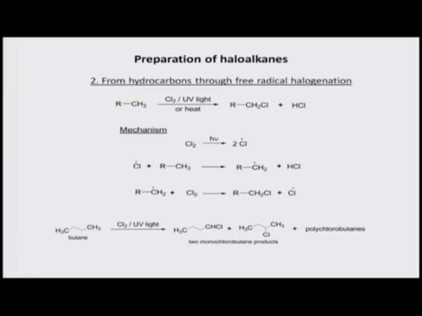So this can be done by taking an alkane. In this case I have represented the alkane as RCH3. Let us assume that R is an alkyl group, which could be bigger, attached to a CH3, a methyl group. Now, if it is treated with chlorine or bromine, it can be either chlorine or bromine, in the presence of UV light or a lot of heat, it can generate RCH2Cl, that means the corresponding chloroalkane, plus